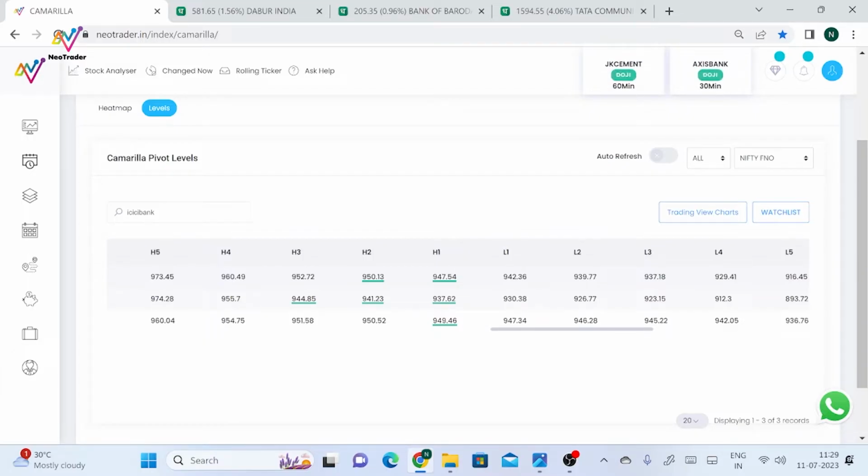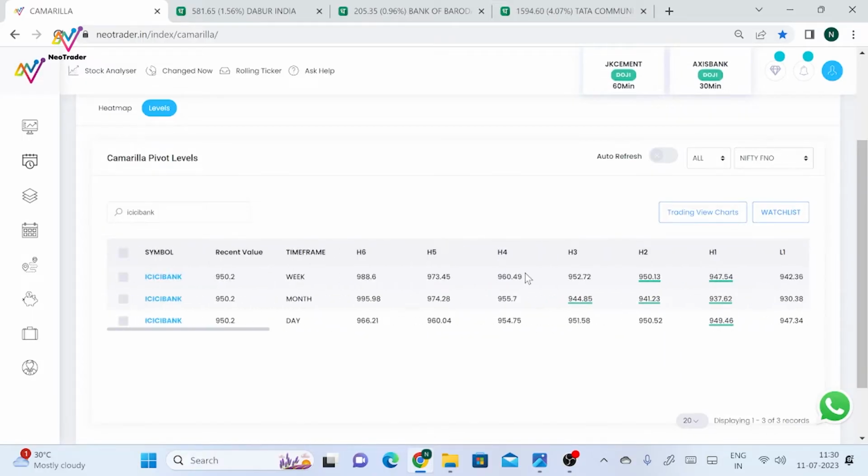Now, if you so desire, from here you can directly open up the chart as well. Just click on this, click on TradingView charts, and you will be able to directly open the chart. Now from here, if you want to add a set of stocks, for example, I've just mentioned ICICI here.